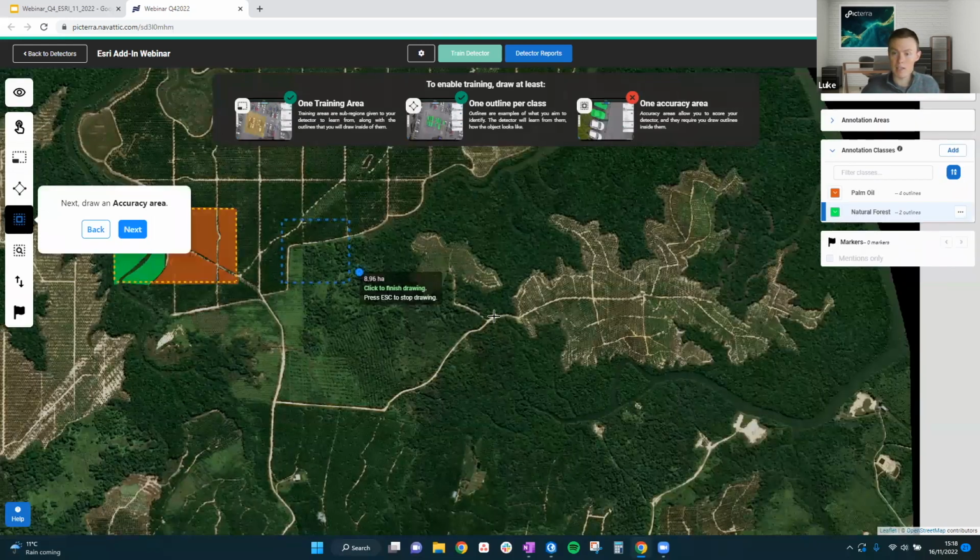Next step, and this is how we get our accuracy score, is, as the name suggests, to draw an accuracy area. As you can see in blue, I've drawn this box here. Similarly to the training area, you're going to be annotating everything inside that box. And that is what gives you your ground truth. That is what you're giving to the model as the ground truth. So when you eventually train your model, it will return results on top of these annotations,